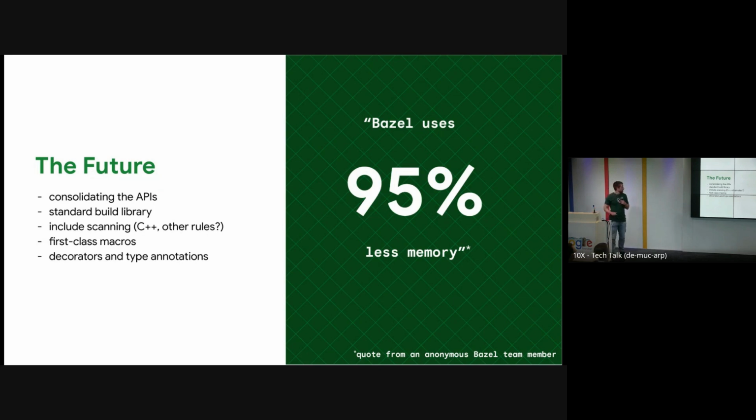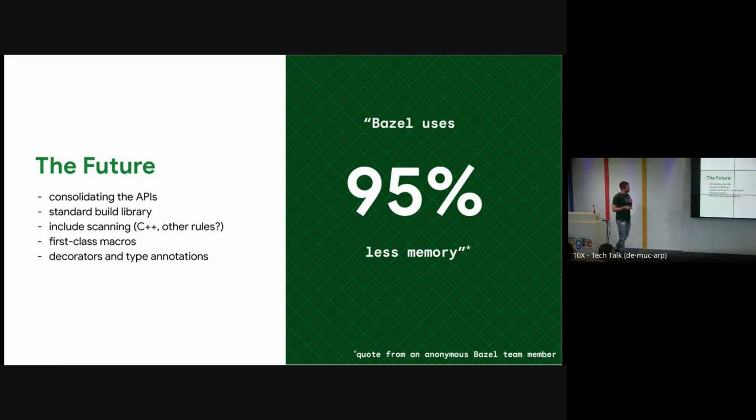Next one is include scanning. This is another long-term plan. Once we are finished with the middle layer of C++ rules, we would like to look into how to support this in a better way in C++ rules and potentially also expose the API for other rules. And I must say that I'm conflating include scanning with a lot of things that are happening in C++ rules. A bit of an imposter here.